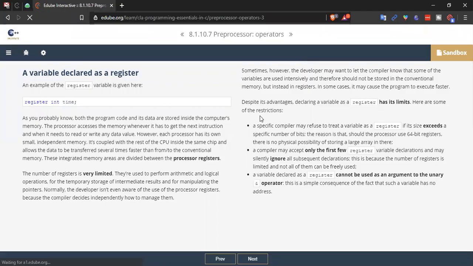Okay, so a variable declared as a register. An example of a register variable is given here: register int then time. As you probably know,